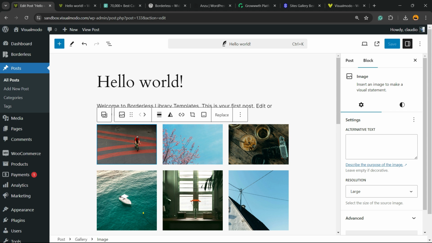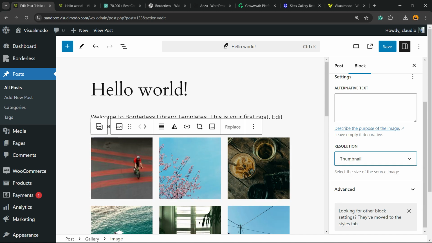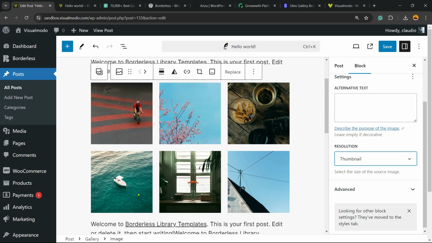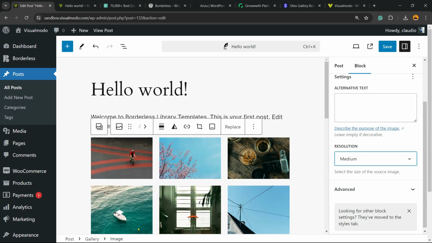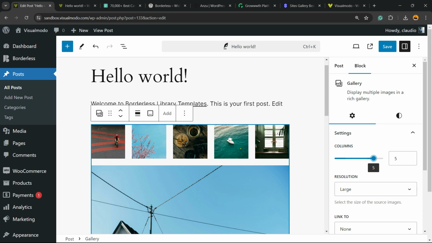In addition, for every single image, if you review the right sidebar of menus, you're going to see the resolution option. Normally WordPress uploads as large. You can change to full size or to thumbnail. If you use thumbnail, you're going to see lower quality of the image, so I always recommend large or full size. Another nice thing is if you click this Select Parent Block Gallery button right here, you're going to be able to change the columns if you want,